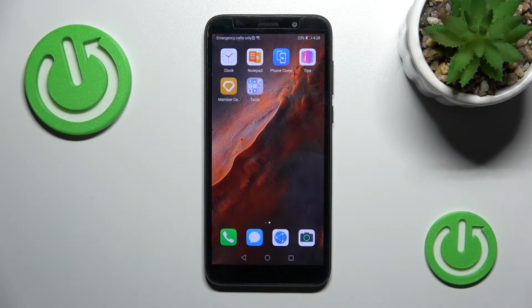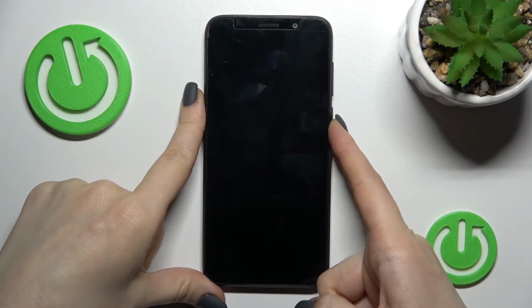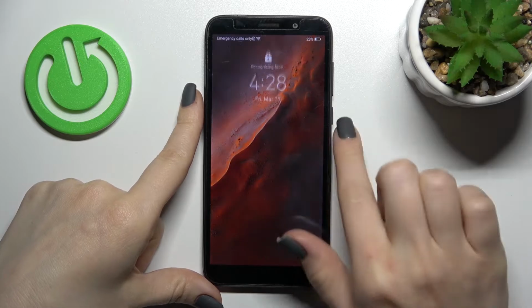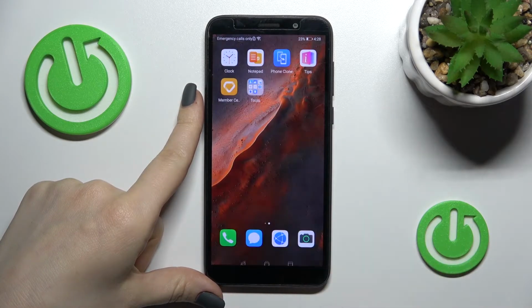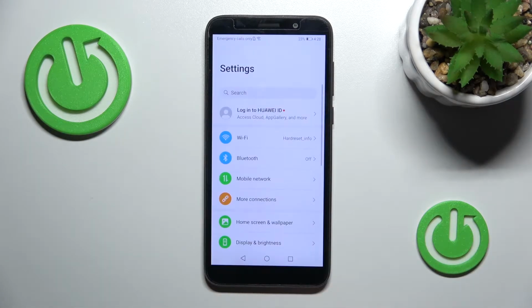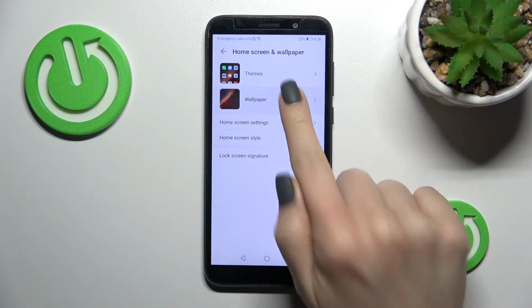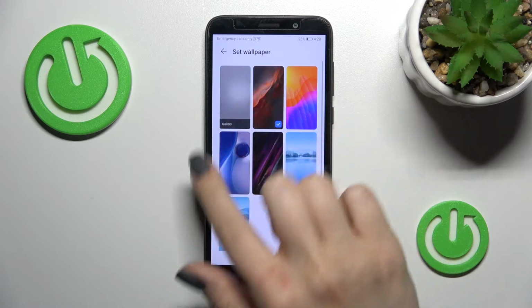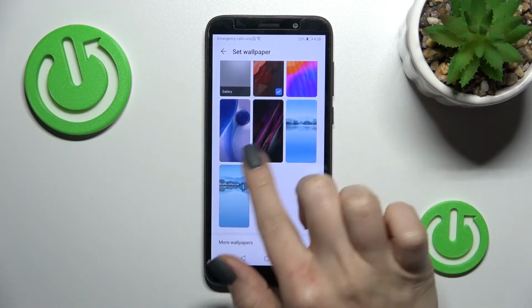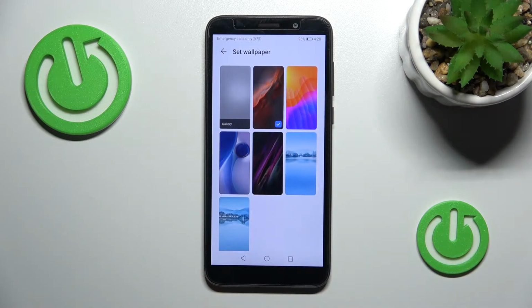Welcome, today in front of me is the HUAWEI Y5p, and I'll show you how to change the lock screen wallpaper on this device. So first you should go into the Settings application, and then here tap on the Home screen and wallpaper section, then just tap on Wallpaper, and here you can see all our available wallpapers,